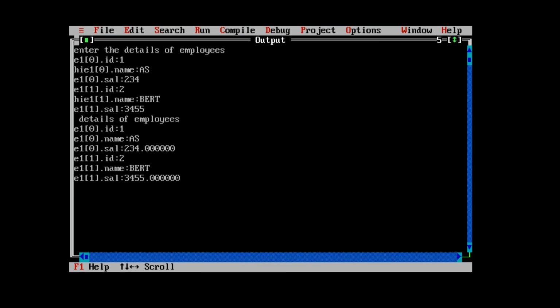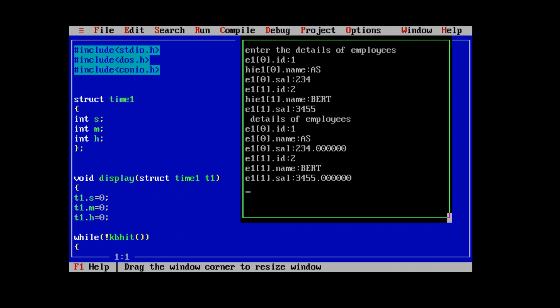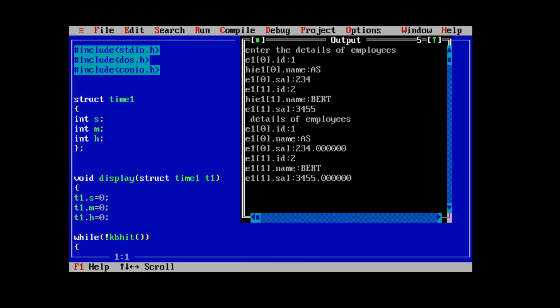For the bottom section also, you should just make it small. Some more, I just want a very small window